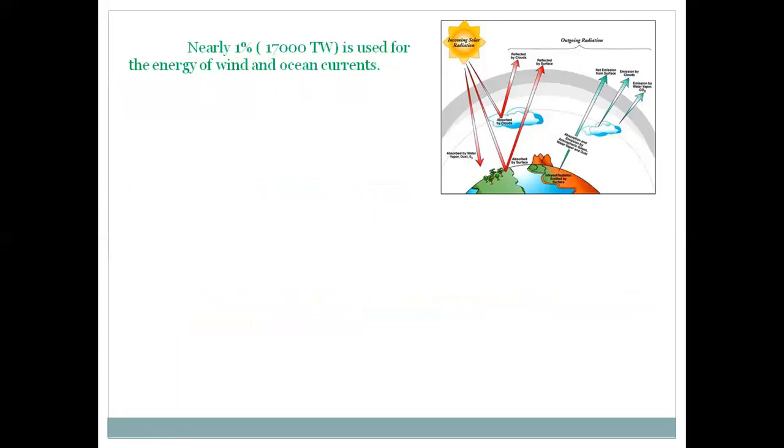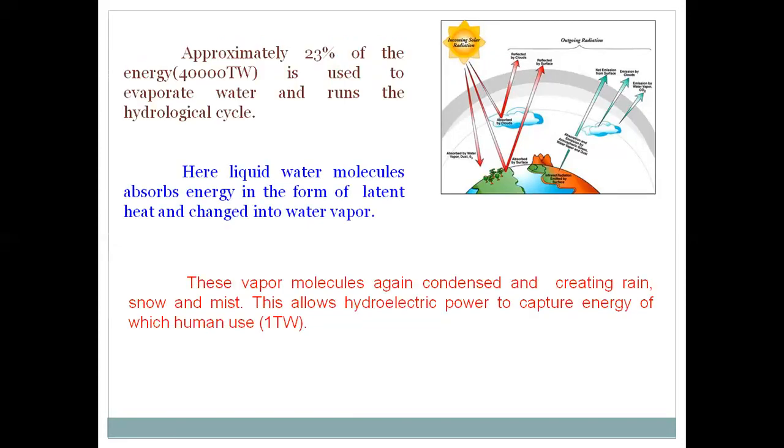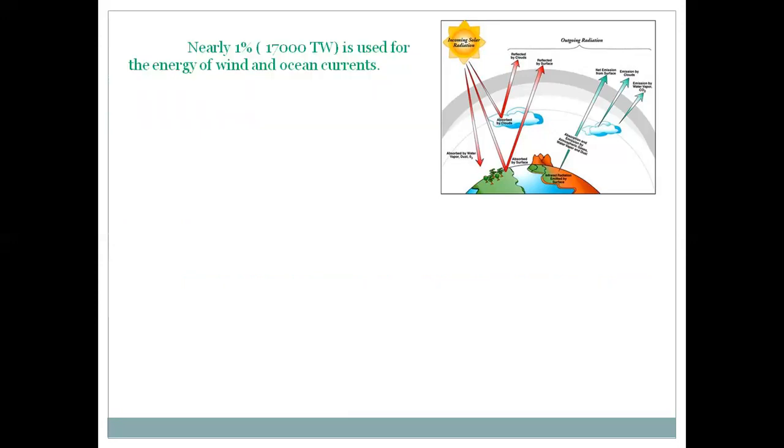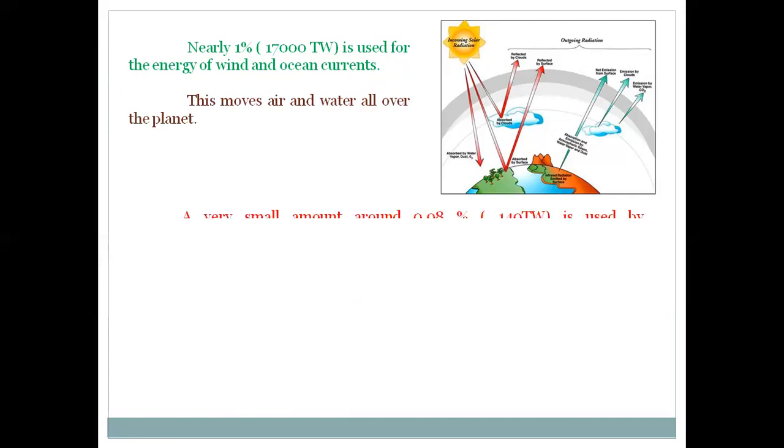Nearly 1%, that is 17,000 trillion watt, is used for the energy of wind and oceans, ocean currents. This moves air and water all over the planet. A very small amount of the total energy, that is 0.08% only,